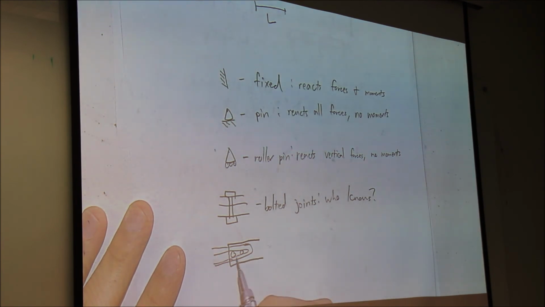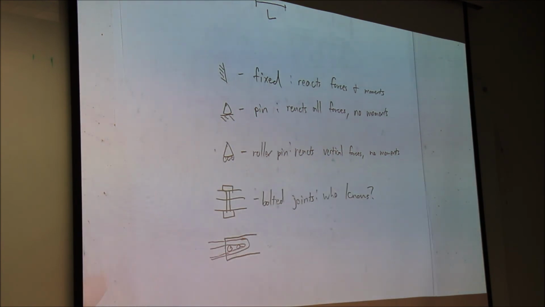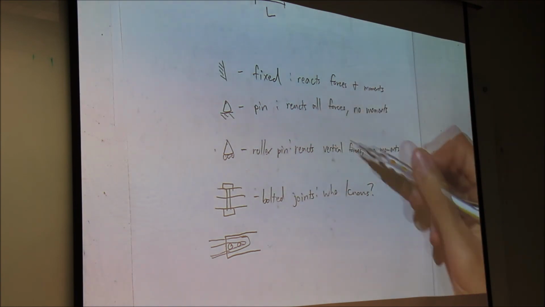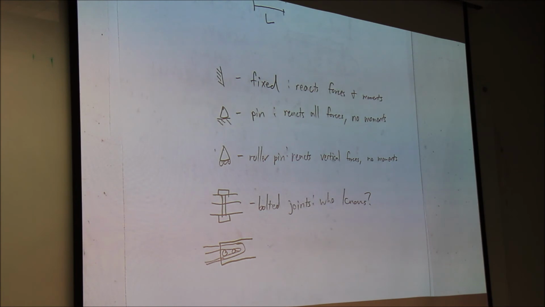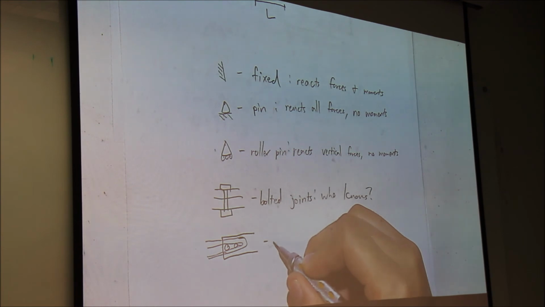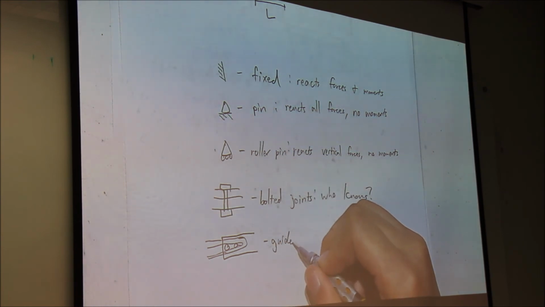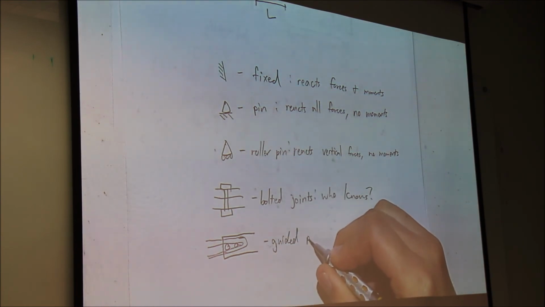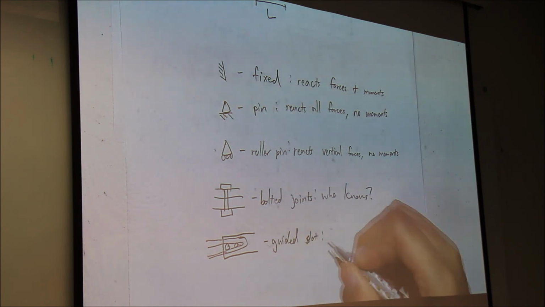So, I have a little guide rail, and I have like 2 pins there. What does that do? Like shearing it? Kinda. In terms of this nomenclature though, what's going on here? Yes. It restricts the vertical movement and the moment. Exactly. But it allows forces in one direction. So this is a roller fixed, guided pin or guided slot, I would call it.